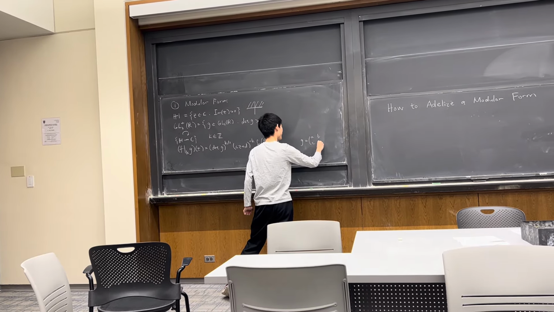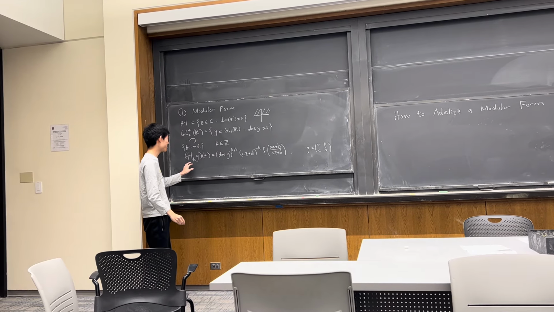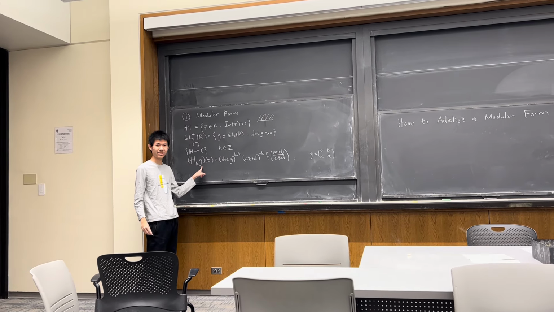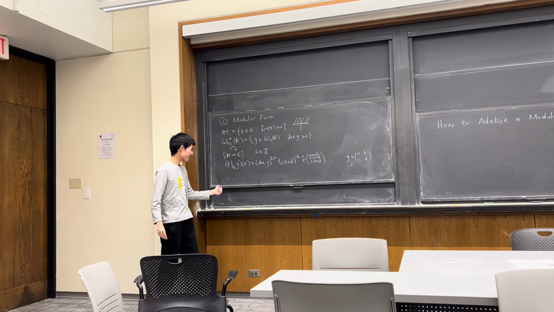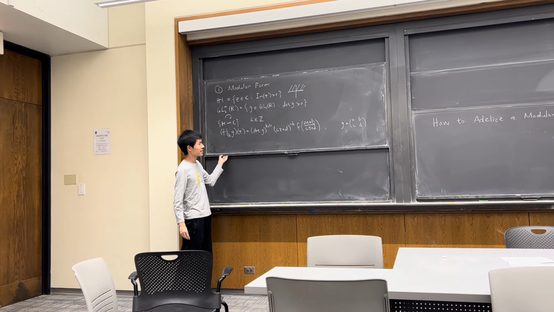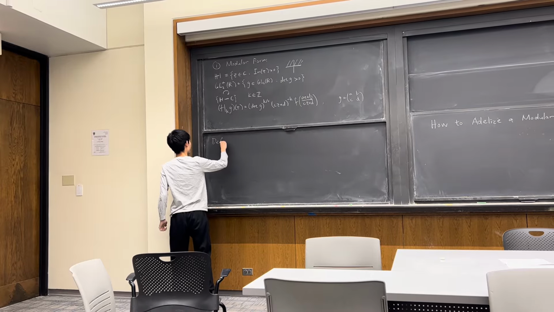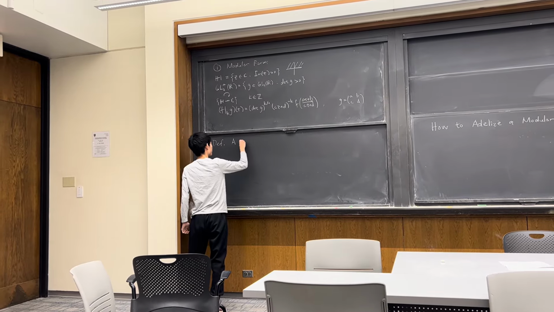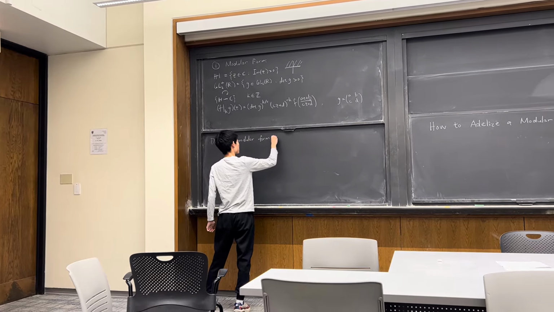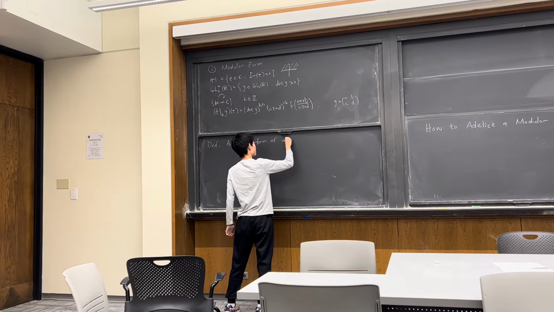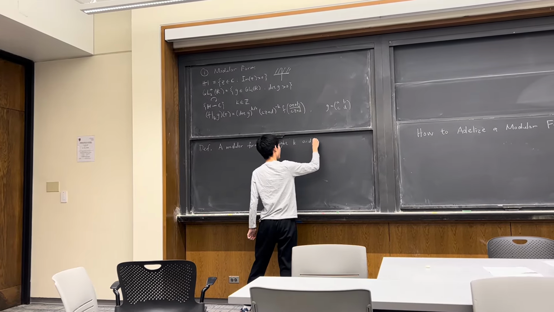I won't have time to explain where this comes from, but you can just check that this is a group action. It's actually a right action of GL2 plus R on this space of functions. Okay. So now I can define a modular form. A modular form of weight k and level 1